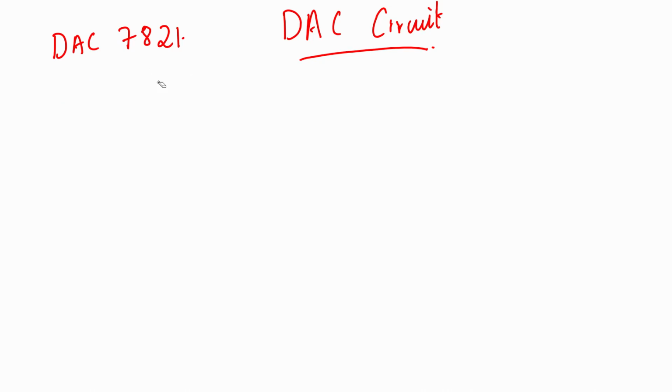Our intention in this course is to make you intuitively design circuits. So I will show you right now how you can intuitively design circuits. Let us say we are taking the DAC. How will the DAC be? After seeing the data sheet, I showed you what are the important signals that you need to look at. So let us just show the DAC like this. Okay, the DAC is shown.